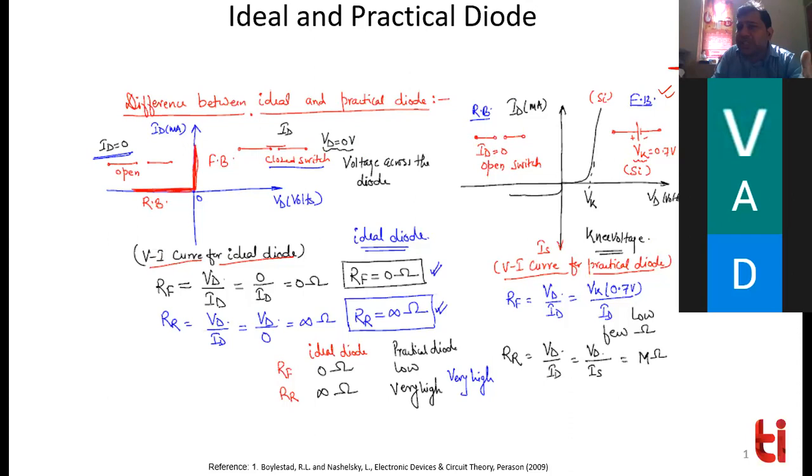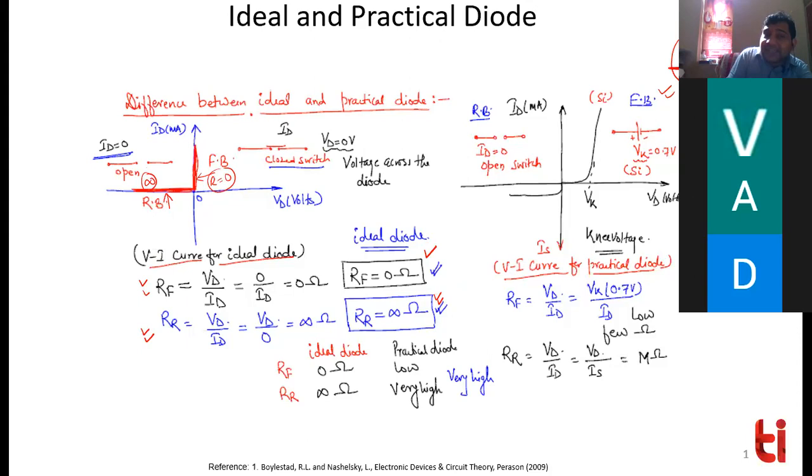Ideal diode ऐसा नहीं होना चाहिए कि okay, let's wait for some voltage and then the current will increase, and even the current will increase exponentially. एकदम current मिलनी चाहिए आपको. So this is an ideal diode. Whenever you are applying a forward voltage, immediately the current shoots up, and whenever you have a negative voltage, the current is zero. Meaning, ideally, as soon as you apply a negative voltage, the resistance has to be infinite. As soon as you are applying a positive voltage, the resistance has to be zero. This should be the ideal diode. In forward bias, the resistance has to be zero. In case of a reverse bias, the resistance has to be infinite. Then only we will treat this diode as an ideal switch. तभी एक ideal switch हो जाएगा.